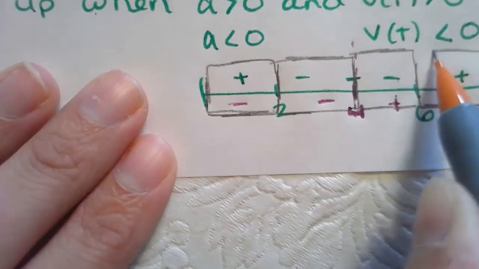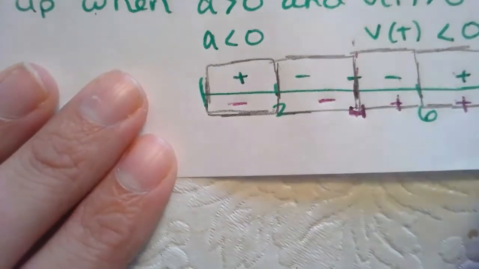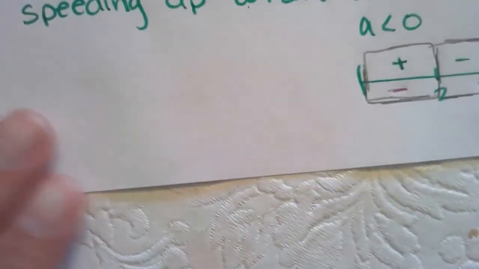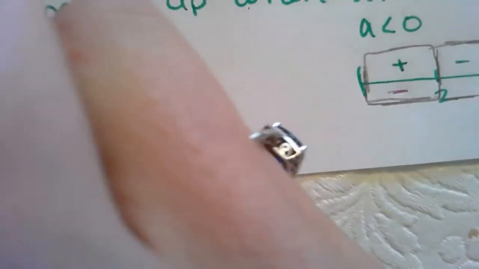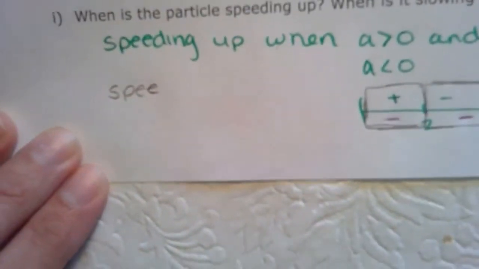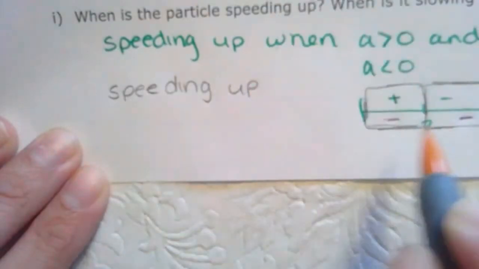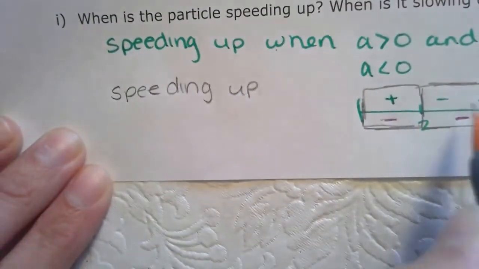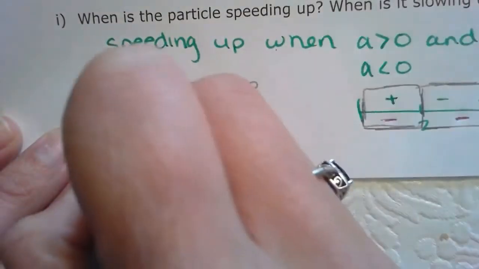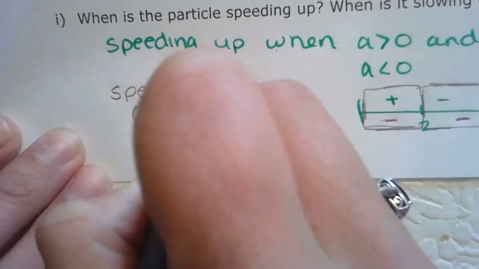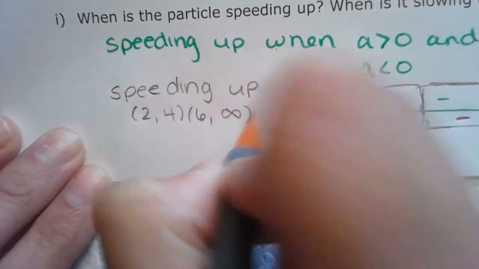And from 6 on, they're both positive. So what that means is that the object is speeding up from 2 to 4 and from 6 to infinity,